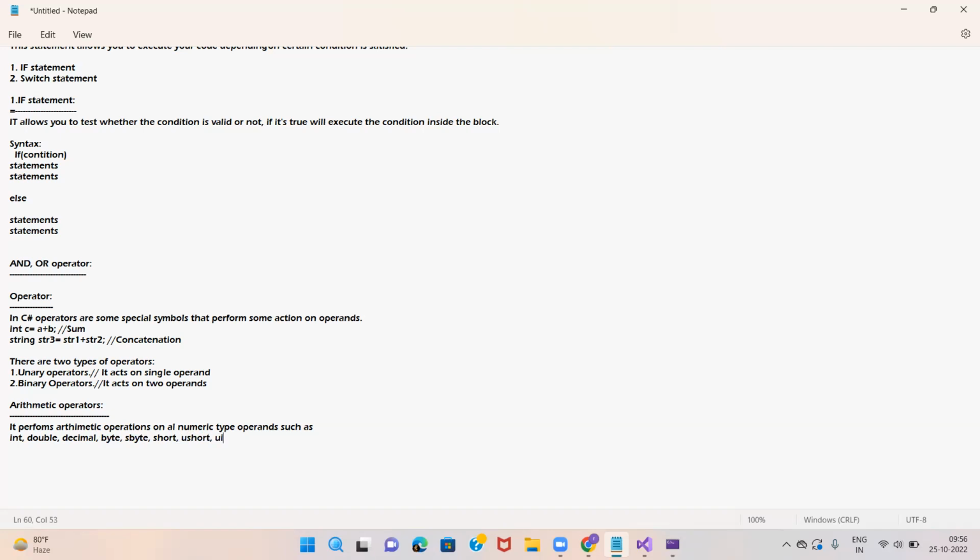We have discussed unary as well. These are all numeric type operands. So let me see. What is a plus operator? It will perform